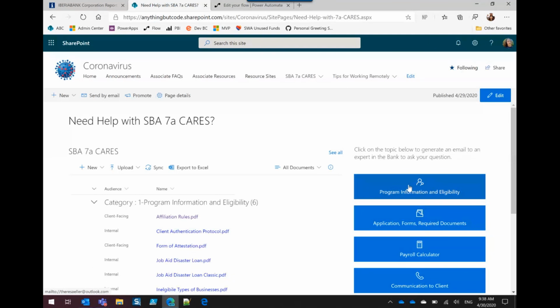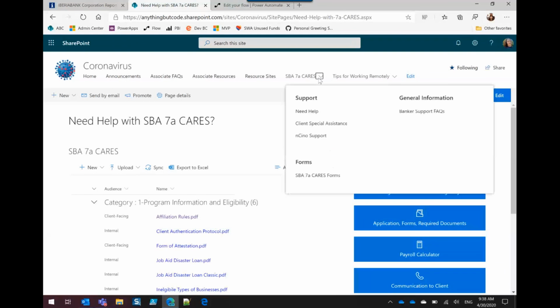And so here's one, and if you click on it, it would open up Outlook with an email with the subject already being whatever you see here, so program information eligibility, and it has the email address already. We wanted to make sure that when someone sent an email, we knew, because it's all going to the same email address, so we needed the subject to automatically apply. And then,